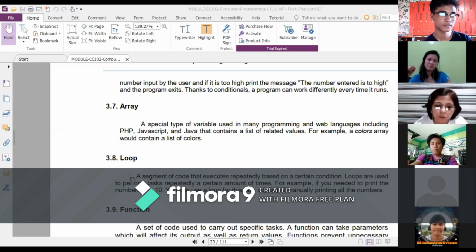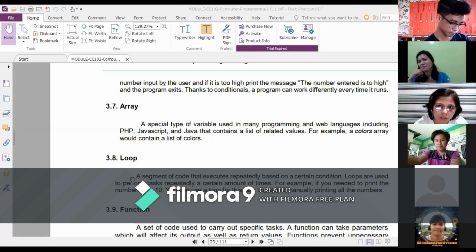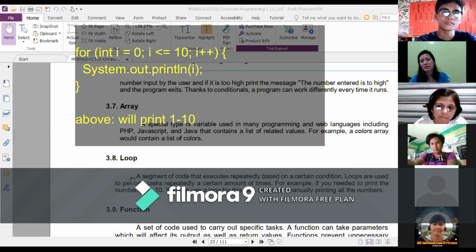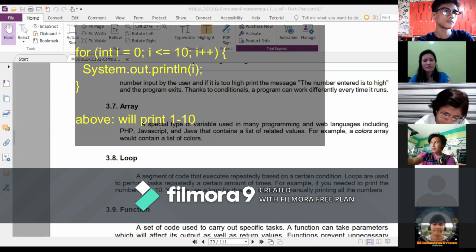Loop, a segment of code that executes repeatedly based on certain condition. Loops are used to perform tasks repeatedly a certain amount of times. For example, if you needed to print the number 1 to 10, we can use a loop for this task instead of manually printing all the numbers. Loop. Something na paulit-ulit. Loops are performed tasks repeatedly. Okay? Something na